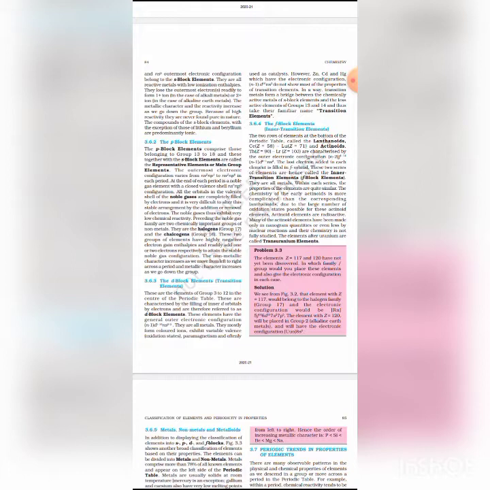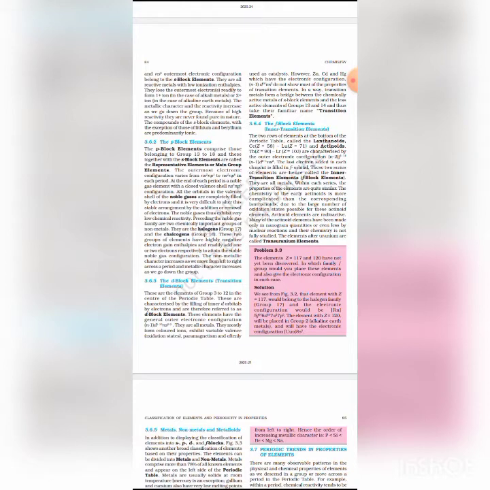They are all metals. Most of them are colored. All of them are solids except mercury, which is a liquid. They are good conductors of heat and electricity. Most of them are malleable and ductile. Most of them form colored ions and show variable valences.